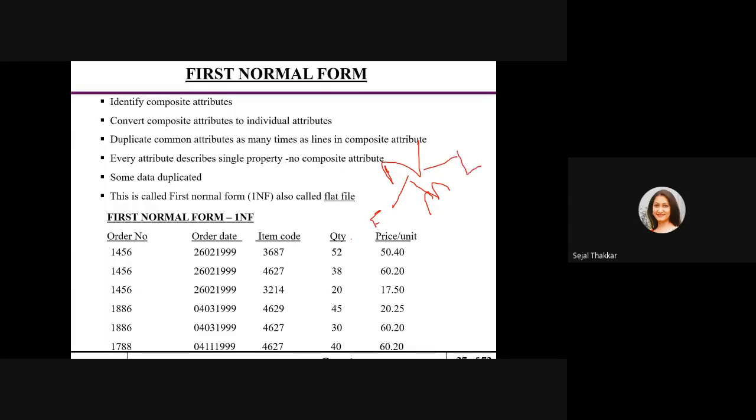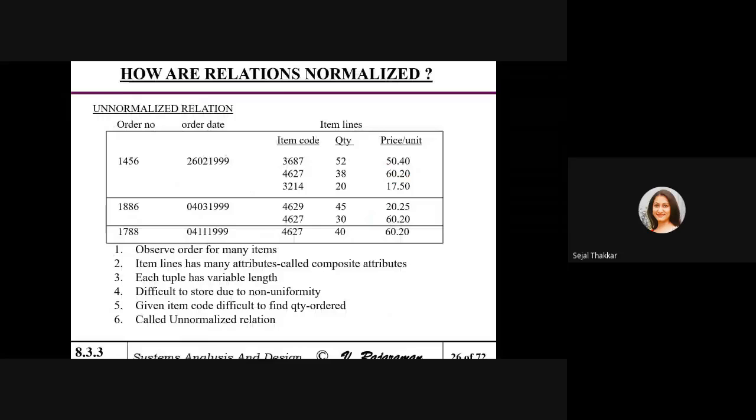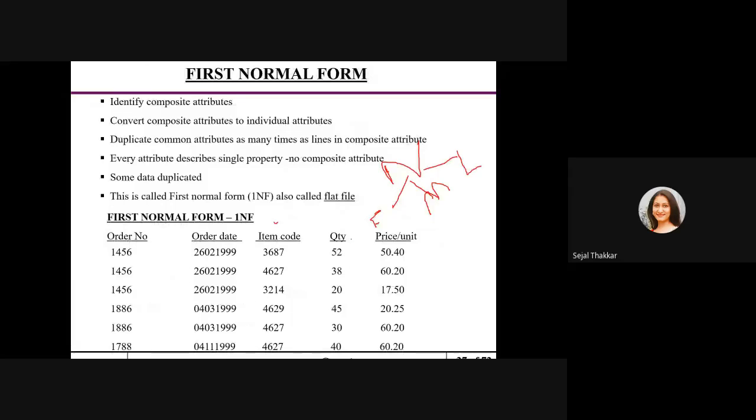Here, item lines consist of item code, quantity and price. So you have to define all three attributes individually. You have to separate out the composite attribute.